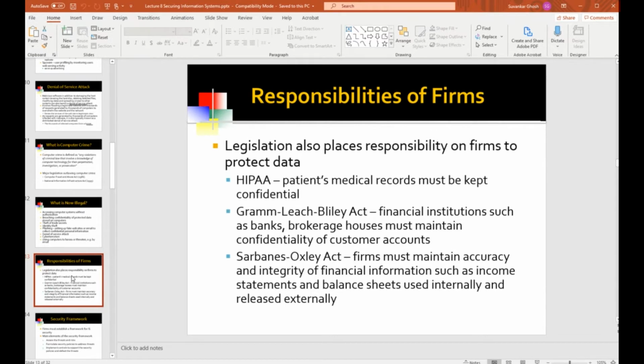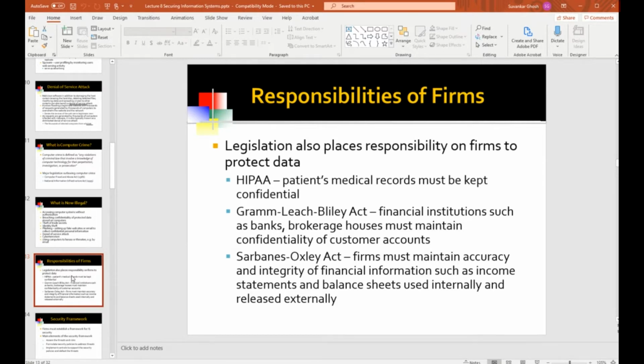Now, the government is attacking the problem not just from the perpetrator side of things, so people who are doing the breaking in and stealing data, falsifying data, destroying data, but it's also put the onus on companies. So if you are Charles Schwab and you have financial data about your customers, you better believe that you have to protect it.